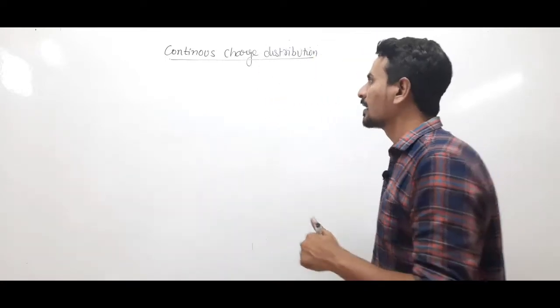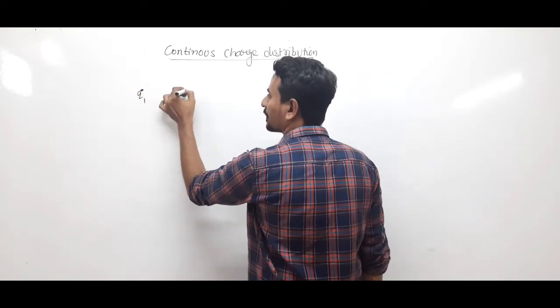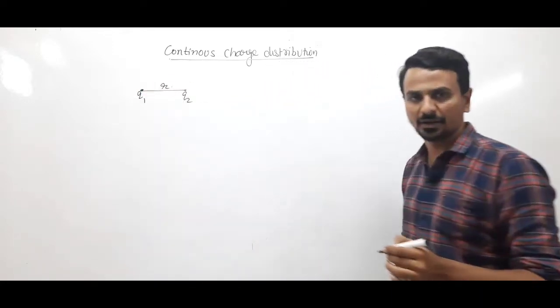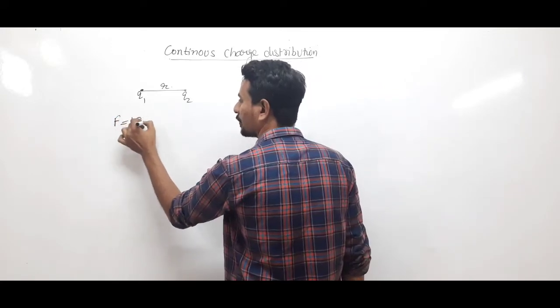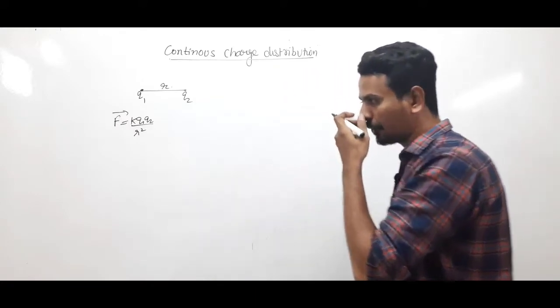That means, see, in the starting of the chapter we had discussed Coulomb's law, right, which was for two stationary point charges Q1 and Q2, and the force was equal to the product of K Q1 Q2 by R square, magnitude wise, right? Okay, now suppose